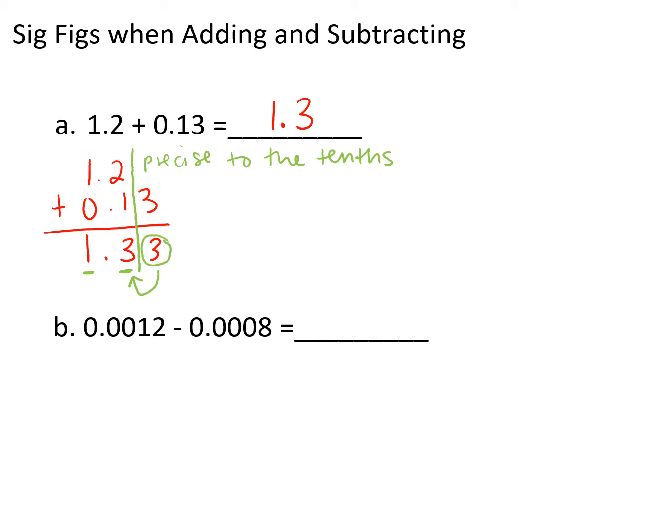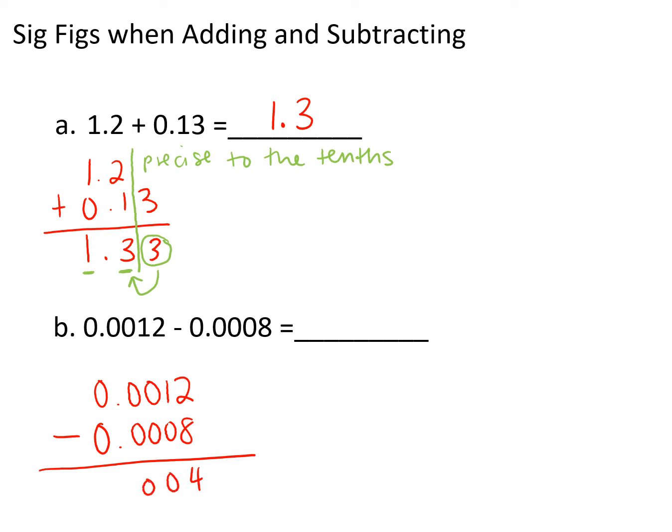All right, let's go ahead and try the next one. So we've got 0.0012 minus 0.0008. When we solve that, we get 4, so 0.0004. When we line up the decimal and we draw our line, we see that all 3 of those numbers